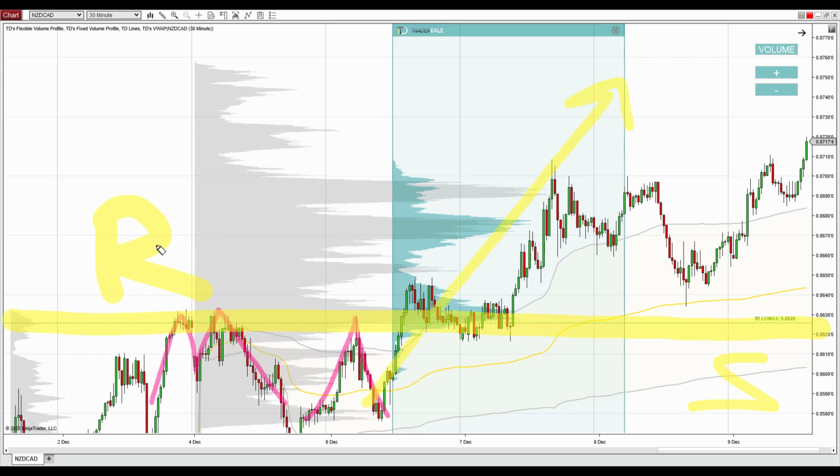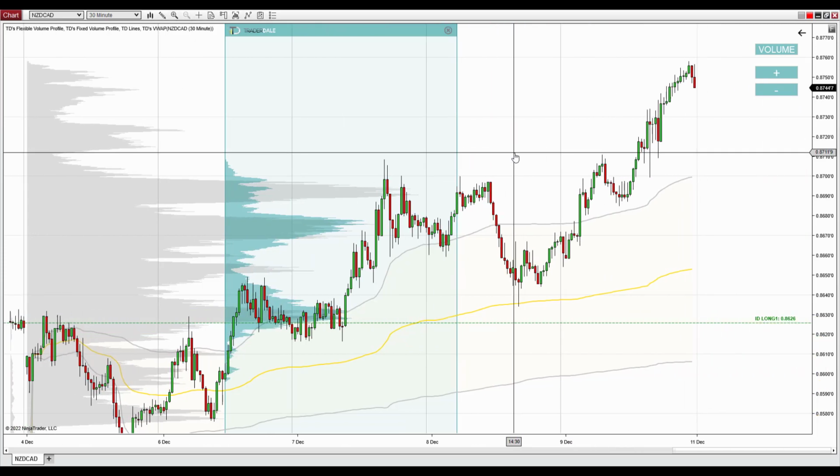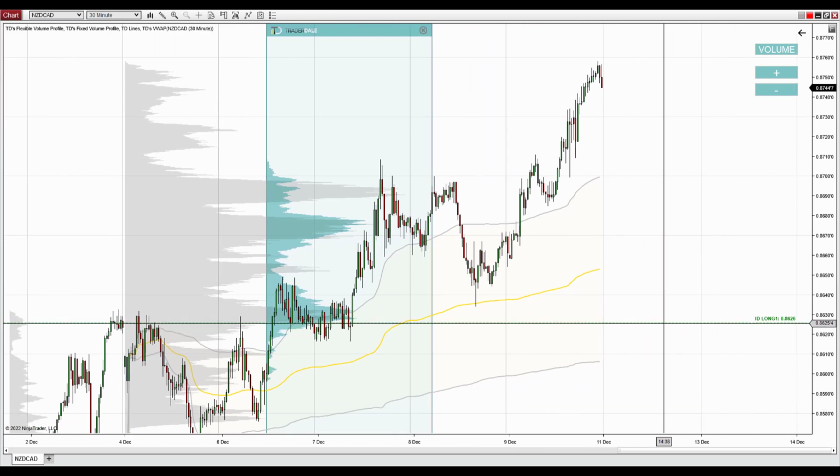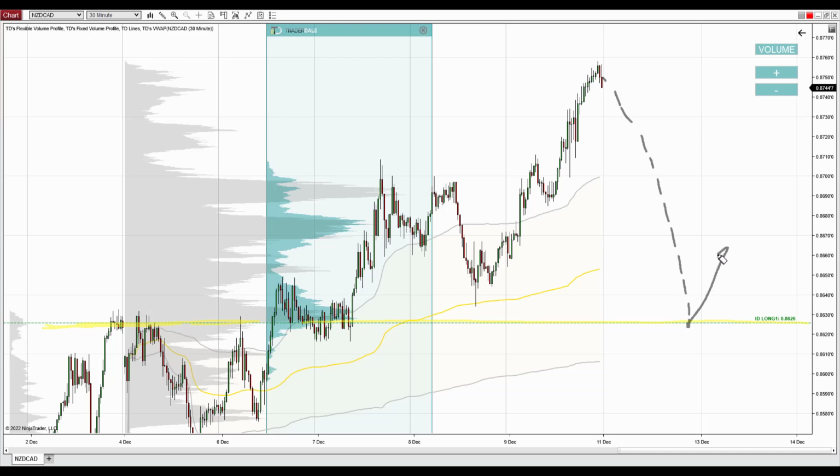The resistance got breached and it turned into a new support. So those are the reasons why I think this level could still work, that this heavy volume zone and this price action confirmation still haven't been properly tested,